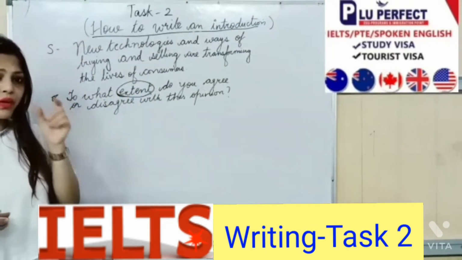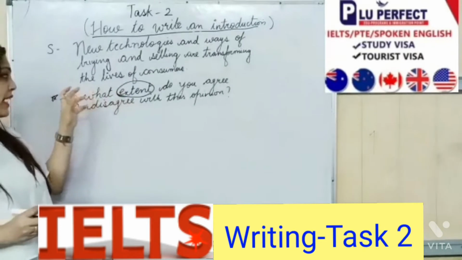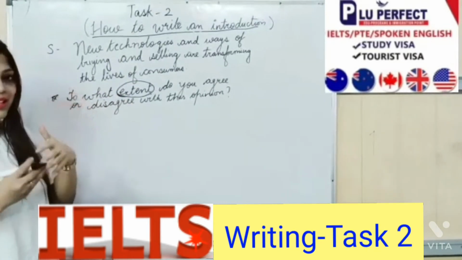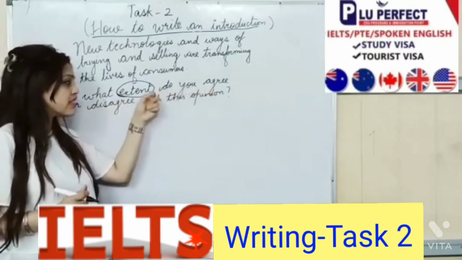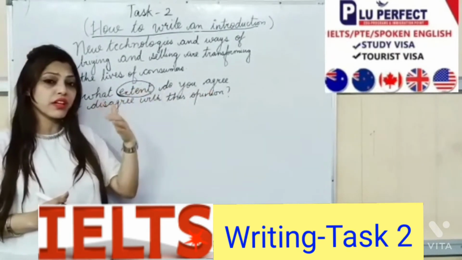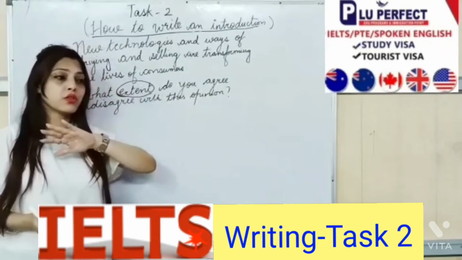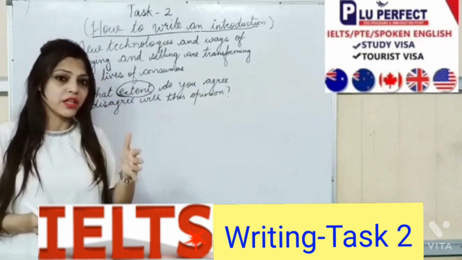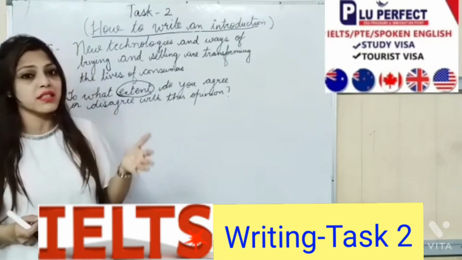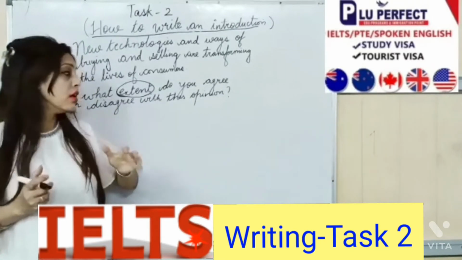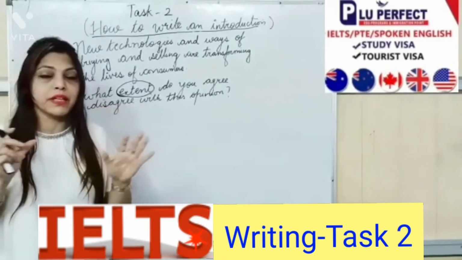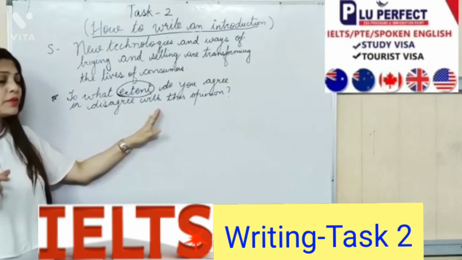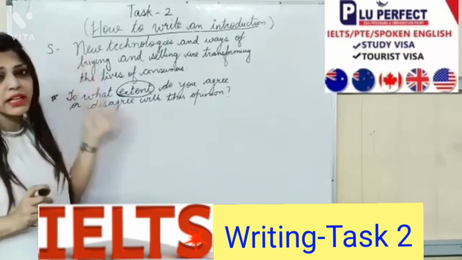So whenever you get an essay wherein the action plan asks you, to what extent do you agree, there's an extent, so you need to show your extent. Do you agree completely? Do you disagree completely or partially, or 70-30 or 30-70? It's absolutely your call. You have complete choice for this kind of question. Understood? Now, let's paraphrase it.